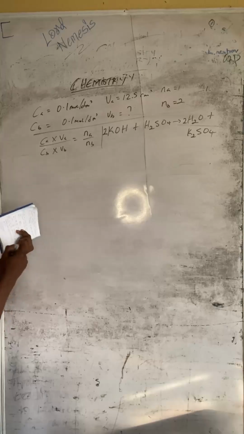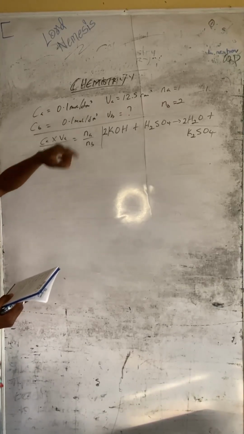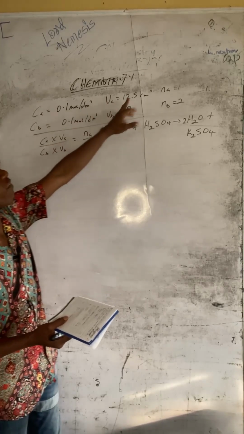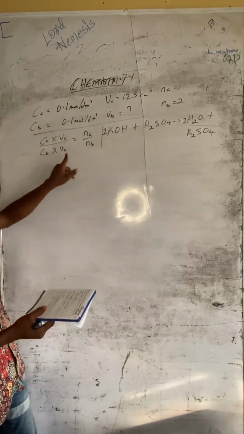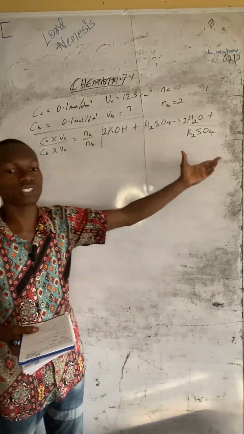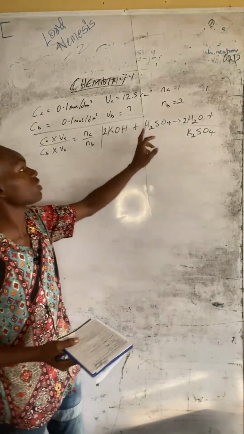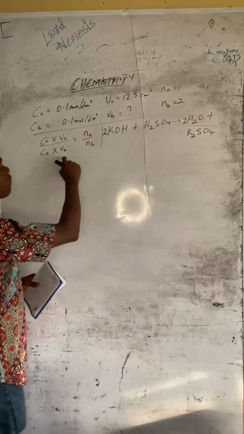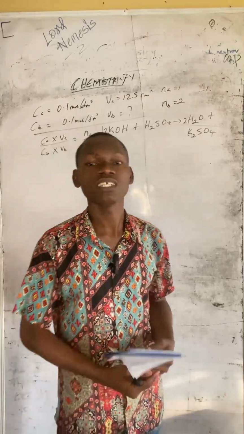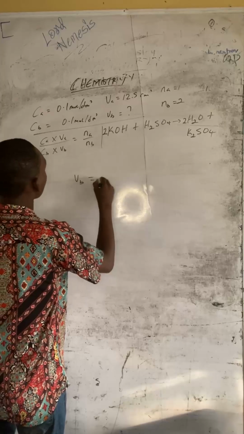Okay. So our Ca, concentration of the acid, is 0.1, and Cb is also 0.1 for the base, and the volume of acid is this 12.5, given to us in the question, and we are asked to find the volume of the base. The number of the base in the balanced equation is 2, and the number of acid in the balanced equation is 1. Now, since we are asked to calculate for volume of base, let's make the volume of the base, the Vb, the subject of the formula, and if we do that, our Vb will be equal to,